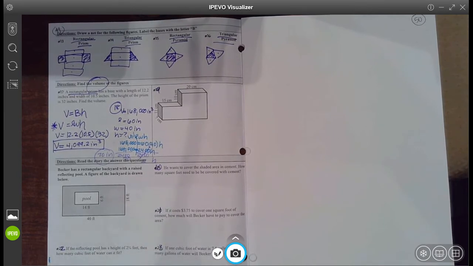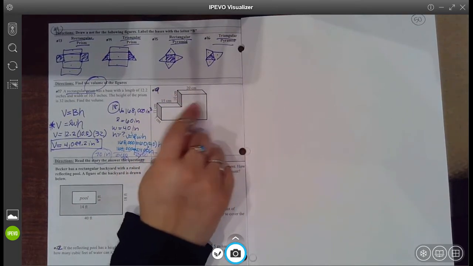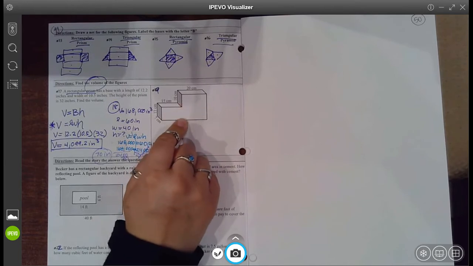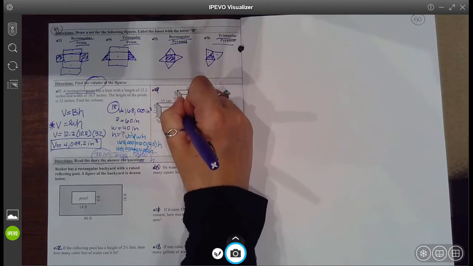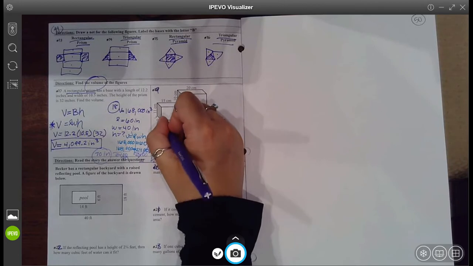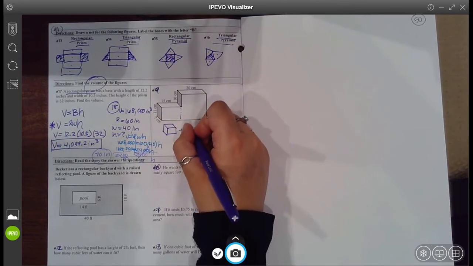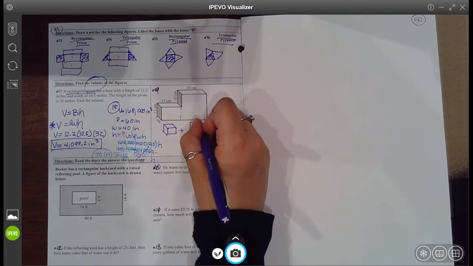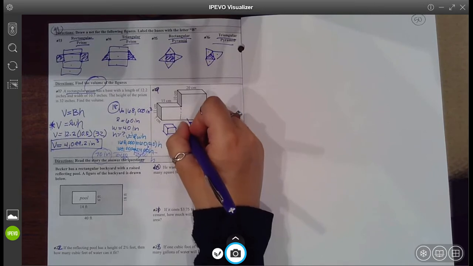Okay. You want to find the volume of this composite figure. So you could break it here and do this one plus this one, or you could break it vertically and do this and this. I'm just going to break it right here and find the volume of this guy. Okay, so you could just draw slanted lines out that way. Okay, plus this taller one. So I draw a rectangle and then slanted lines coming up from it